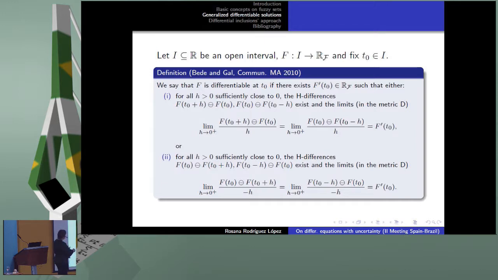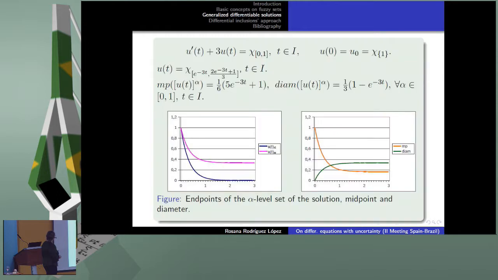By distinguishing these four cases, you have four notions of differentiability. This one is called the H or Fukuhara differentiability, and if we consider the four different cases, we have the notion which is called the strongly generalized differentiability. It is not the most general; I will show you more general definitions. But just to illustrate with some very simple linear problems, the H differentiability is not a good notion of differentiability, in the sense that there are too many restrictions on the type of solutions you are going to obtain.